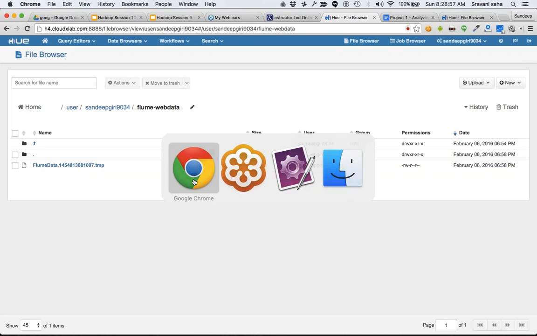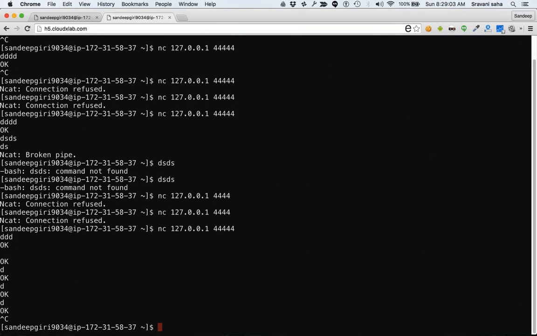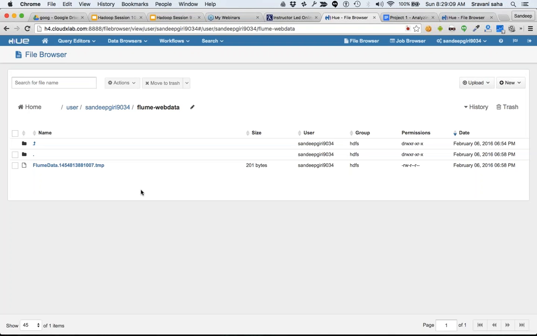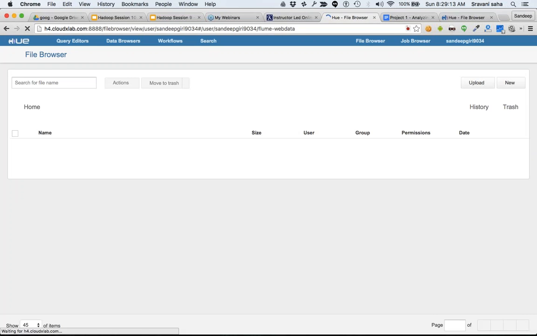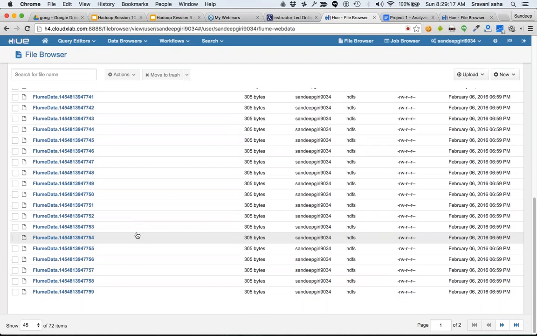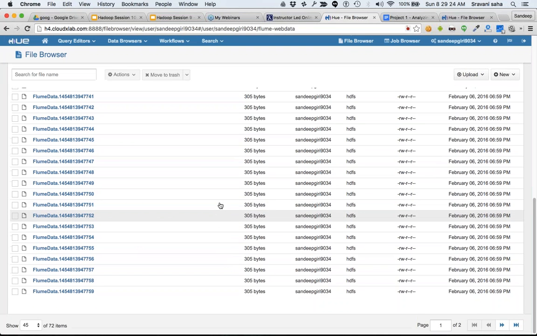Okay, I'll show you. Let's try to write some more data. Let's try to generate a little bigger data, and here we go. So this time we are generating really huge data, and it's going to overload HDFS really well. See the number of files we are creating per second. You can see this, and yeah,